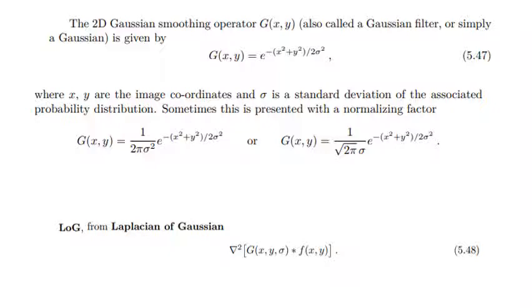So I think that is a more predominant way, you might have seen, of writing a Gaussian distribution or a Gaussian filter or function, that is using 1 by 2 pi sigma square into e power minus x square plus y square by 2 sigma square. So that is a normalizing factor. So this is how we represent a Gaussian filter.